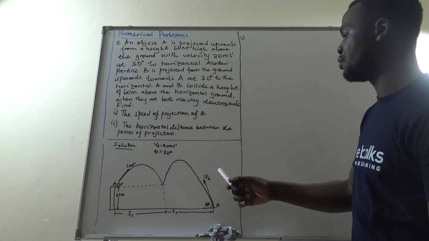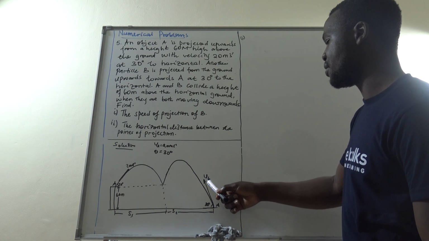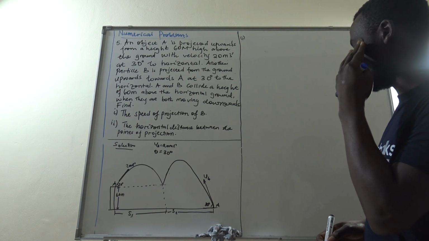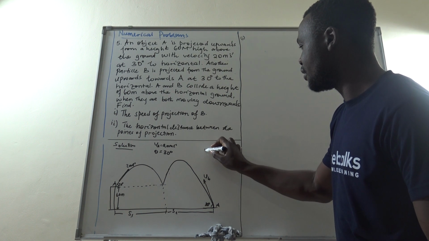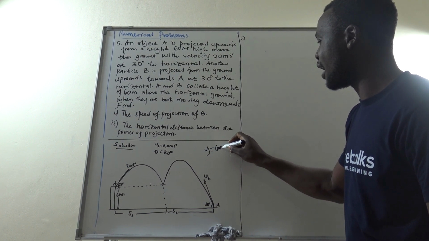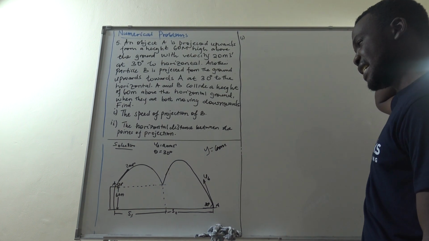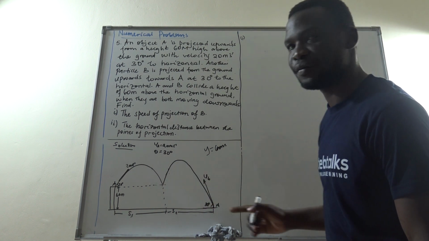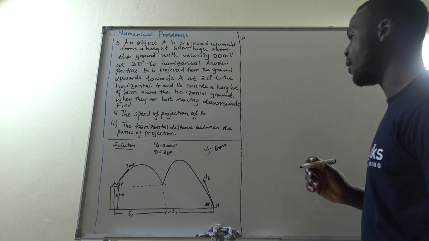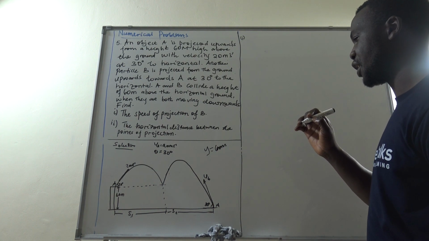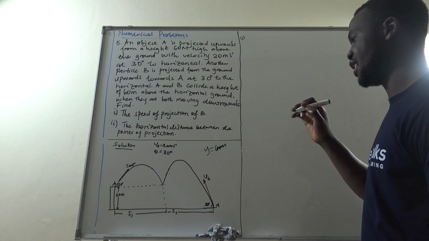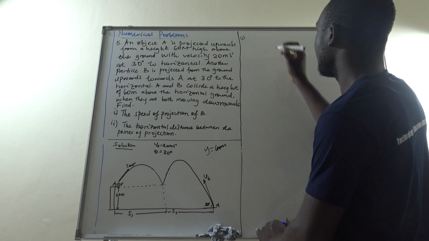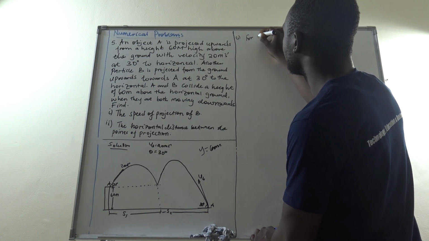For us to be in position to get the value of UB, we must have the time because we have the vertical displacement as 60 meters. But now we have the 60 meters, we do not know the time taken by either of these particles to collide. So our priority number 1 is going to be finding the time taken for these particles to collide. Now let's say for particle A,